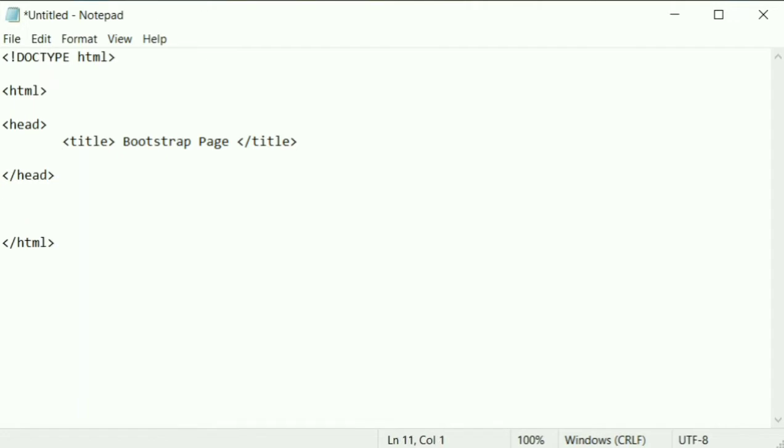As usual, we can define the body section to display the content. After that, we have to mention an important tag with respect to Bootstrap called meta. This has to be inside the head section. The first is name equal to viewport. This is for the device, whatever device we are going to view it on, and the content equal to